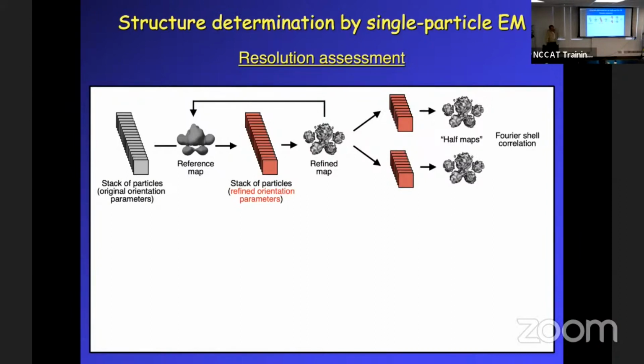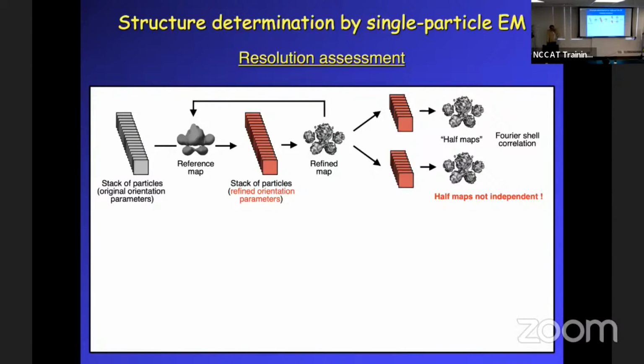And that doesn't work because these two maps are not unrelated, because you always use the same reference to actually align the entire data set. So therefore, these two maps are correlated, and we got much too good resolutions than they really were. So what is now called the gold standard